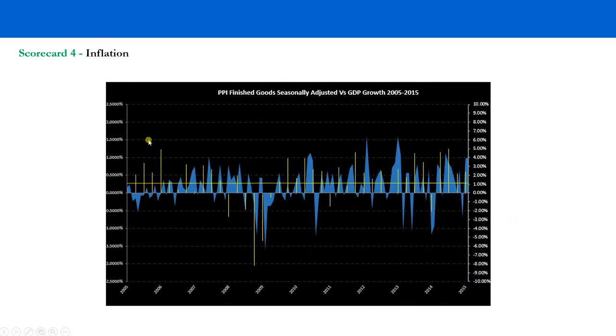And zooming in, we have the same analysis here, but for 2005 to 2015. And we can definitely see a trend where positive changes in PPI, including food and energy, are associated with positive GDP, negative associated again with negative, and we can see that not all of these are associated in the negative with positive GDP. As we've already seen, this can also be because of high and volatile oil prices when compared historically.